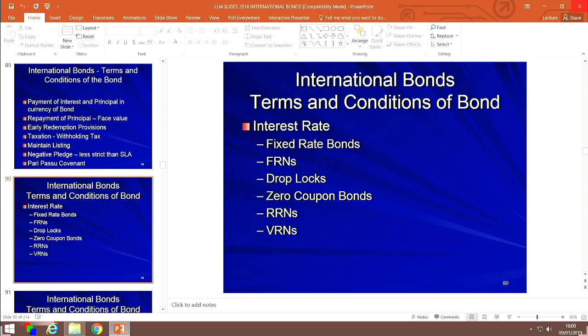The next variation on the interest rate clause is the zero coupon bond. This is a bond where the interest rate clause says the issuer shall not be obliged to pay any interest on the bonds at any time. And you think, why the heck is anybody buying this stuff if no interest is payable and is paid on this bond? The answer is that if it's a zero coupon bond, the issue price of the zero coupon bond will be at a deep discount, meaning the issue price will be 20% of face value, 25% of face value, that low.